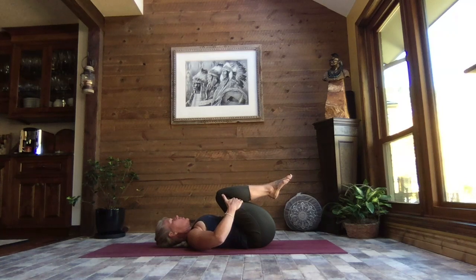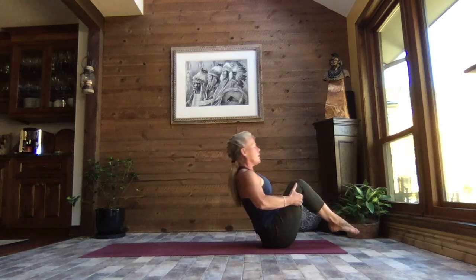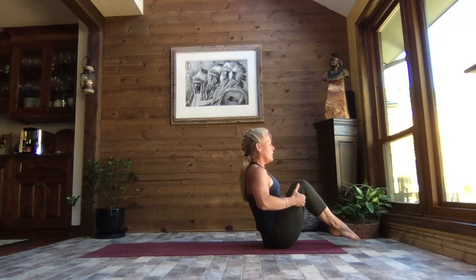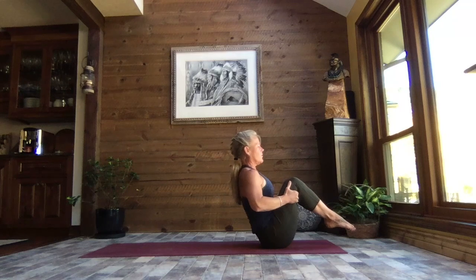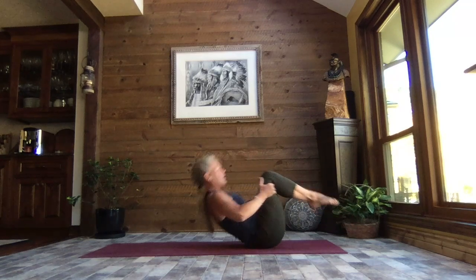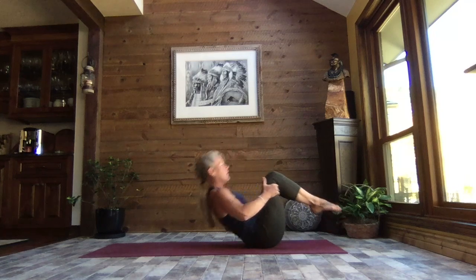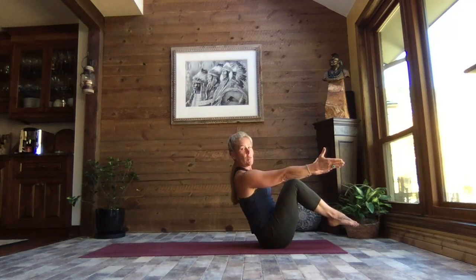On that 5th roll, we're going to come all the way up and stay up in our boat pose. Hands are behind the thighs. Let's pull those feet back and rock it up. And rock it back. And rock it up. Stopping before those toes touch. Rock it back and rock it up. Again. That's 4. Last one, we're going to stay up and hold that boat pose, releasing the support if you're